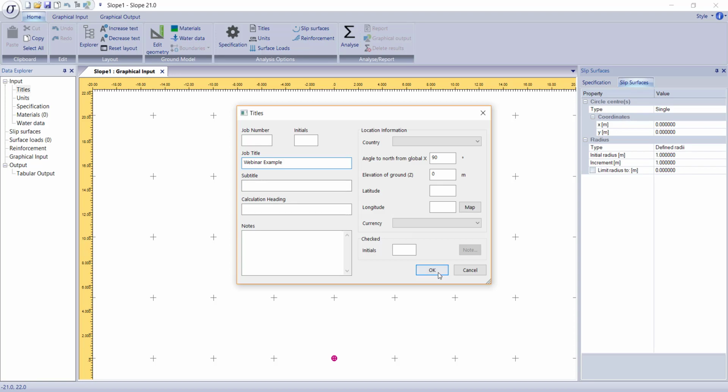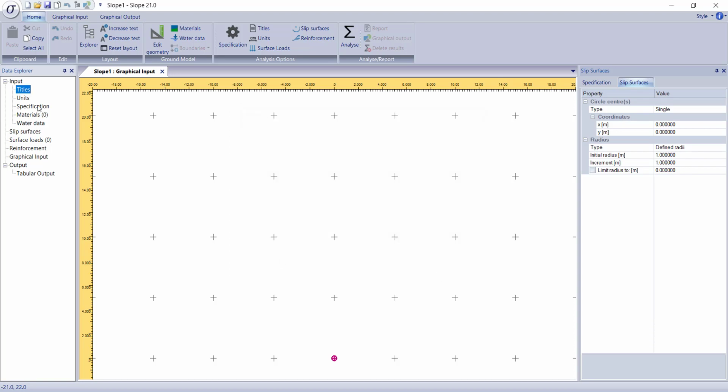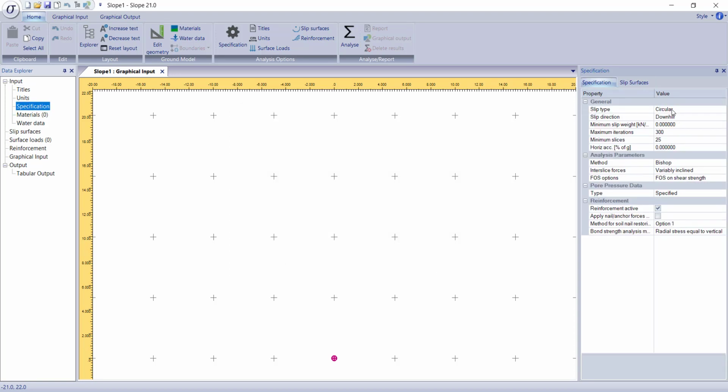Okay, so the titles are important because they do come on the printouts. A specification is worth having a quick look at. A lot of it is again similar to what was there previously, but we do have the Morgenstern-Price method, as I had explained. Partial factors are the same as previously, but it's always worth noting because that's something that people do ask about. And as well as specified pore pressure calculations, there is the calculated option, which again,